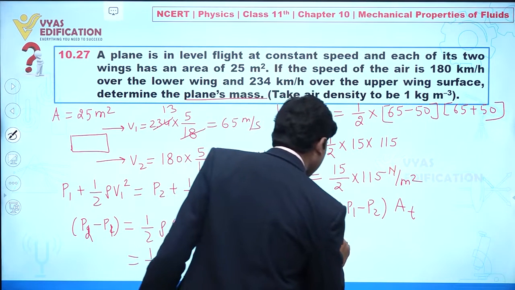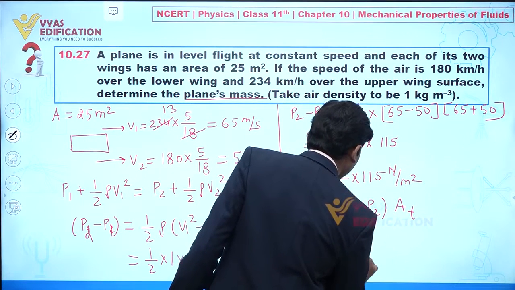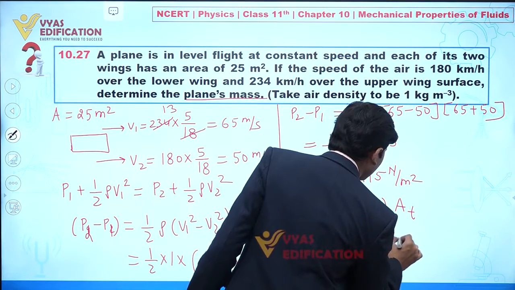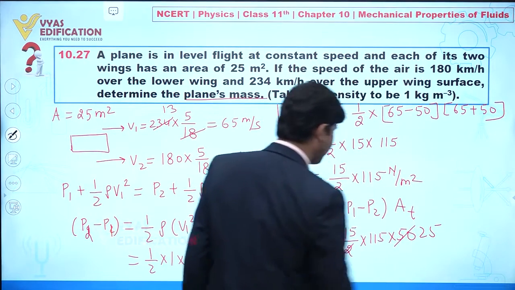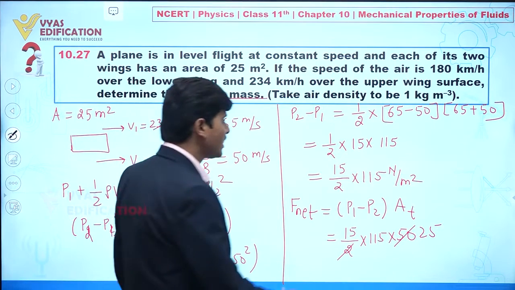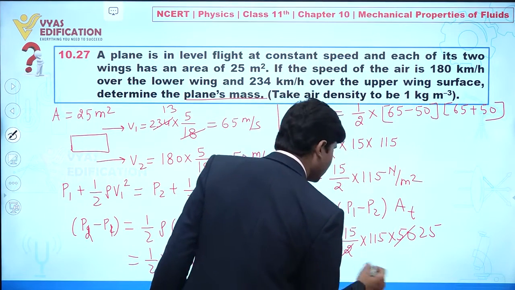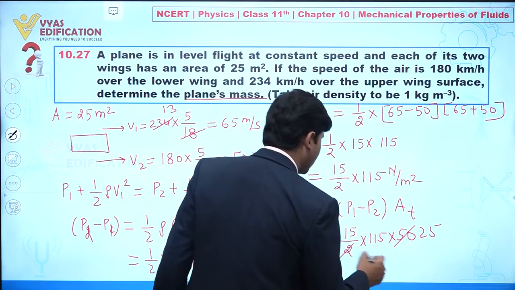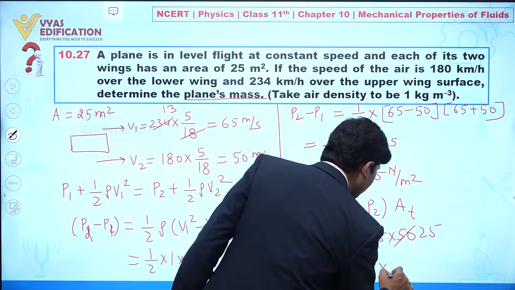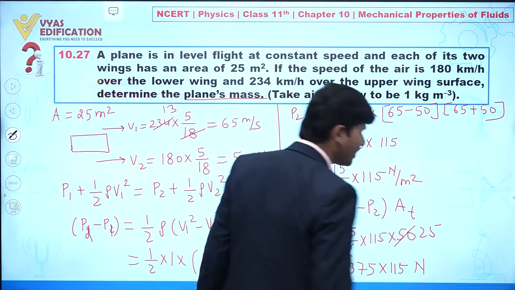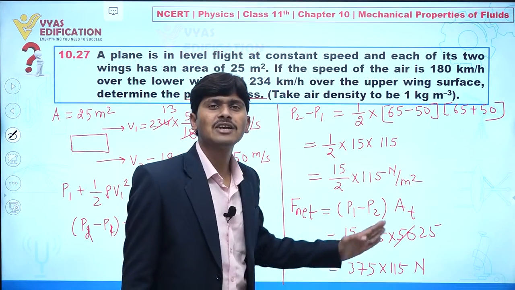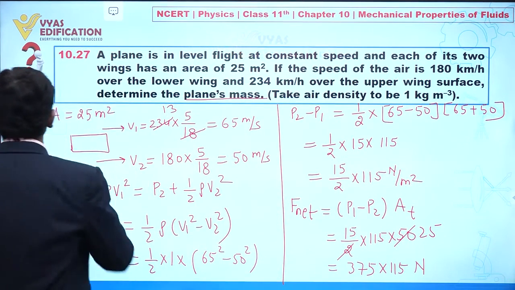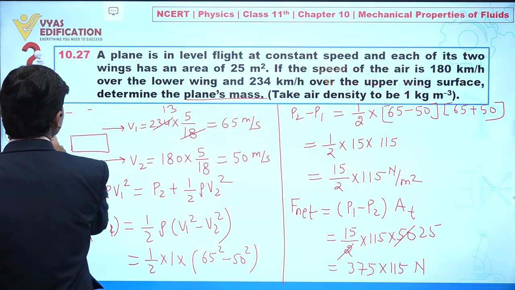So I can write like this: 15 by 2 into 115 into 50. From here you can see this is 25. So 15 multiplied by 25, this is 375, into 115 Newton. What is my objective? My objective is very clear: to calculate the value of the mass of a plane. So the mass of a plane is given by